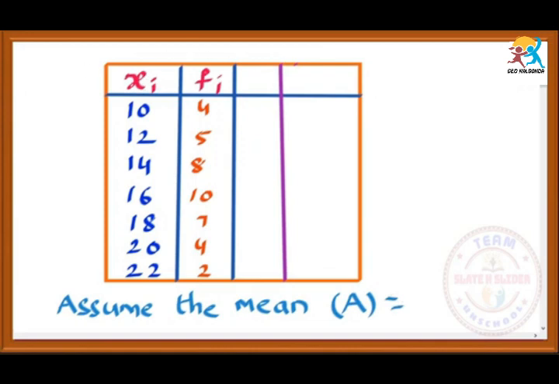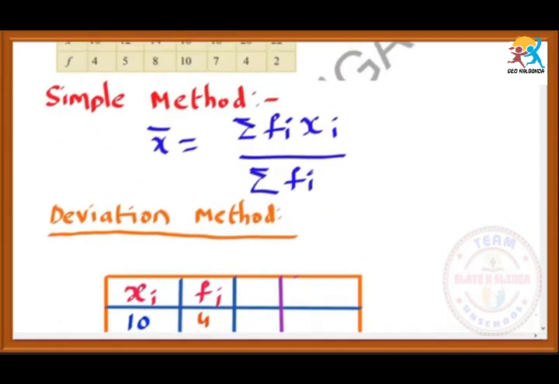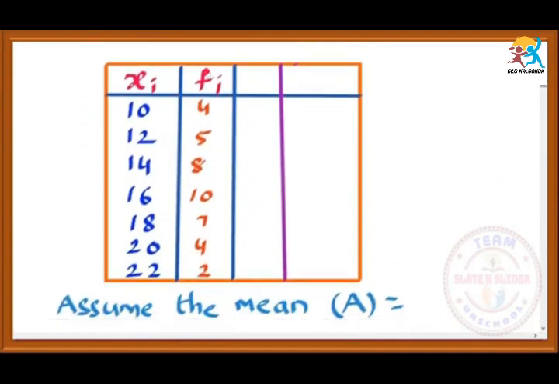So which value we have to choose? Any one. Actually most of the times we have to assume the mean in the middle. So don't take the edges. You can take 10 also, but if you take 10, then there is no need of using this method, because this method and the previous simple method both look the same. If you take the beginning number as a mean, so take the middle term. Suppose this is 16. I would like to take this 16 as the assumed mean. I am assuming 16 as A.